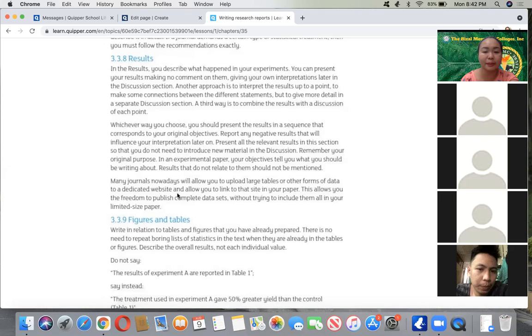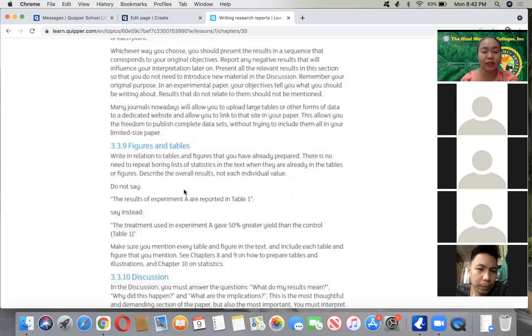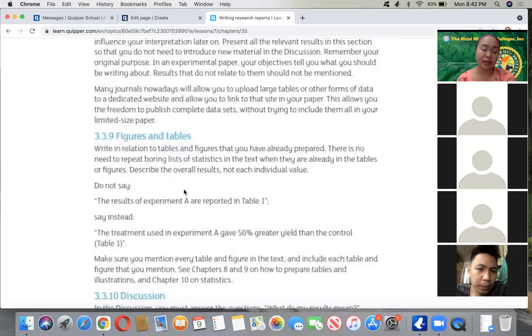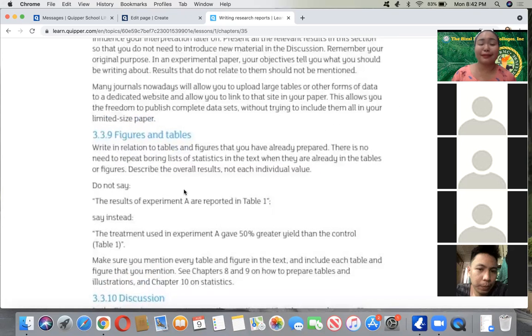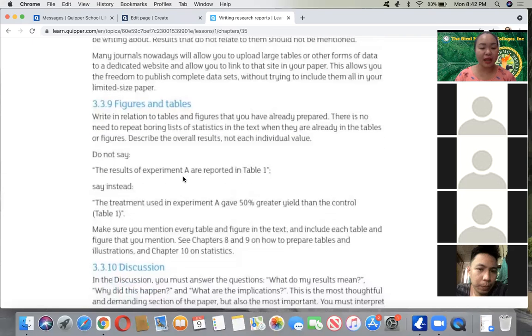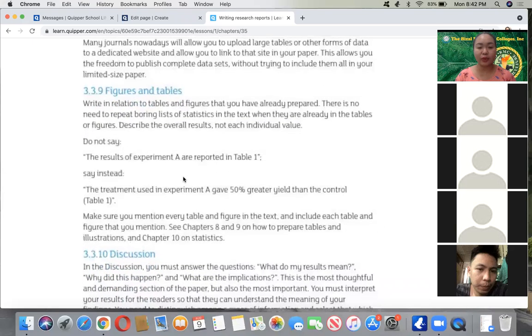But it would always depend on the journal's standards, the journal's style or guides, no? So then, as I have told you, I'm going to teach you how to do the figures and tables in Word. But before that,